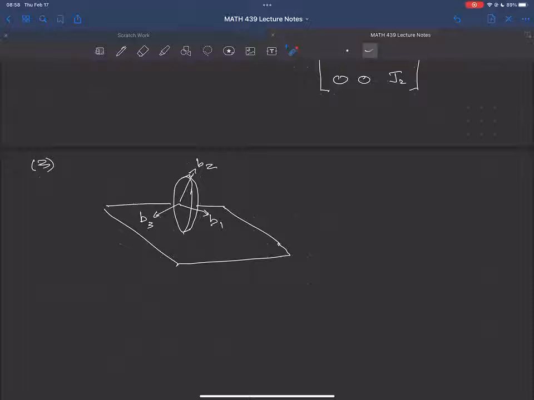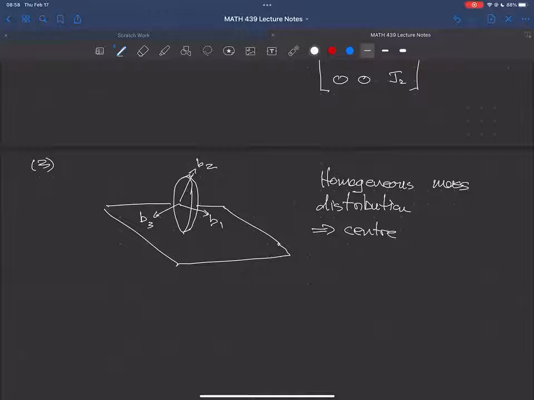But let me make things simple and assume that the disk is a homogeneous mass distribution. And the implication of that is the center of mass is equal to the center of rotation